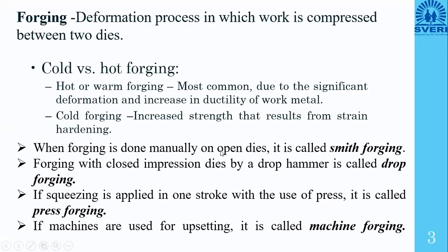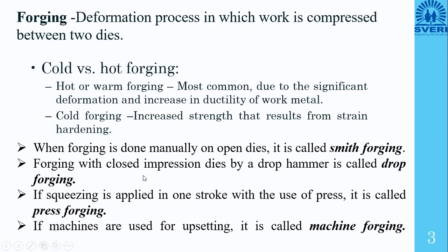When forging is done manually in open die, it is called Smith forging. So open die forging is also called Smith forging. Such alternative words we should also know, because in the GATE exam such alternative words may be asked, and at that time we may be confused whether we have studied this part or not, and later we realize that yes, we have studied it, but we did not know this word. So open die forging is also called Smith forging.